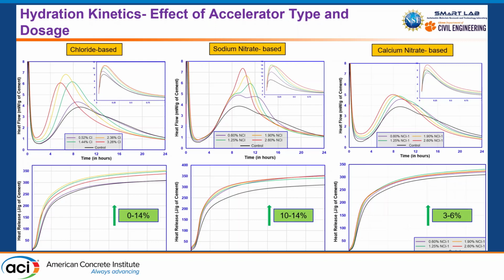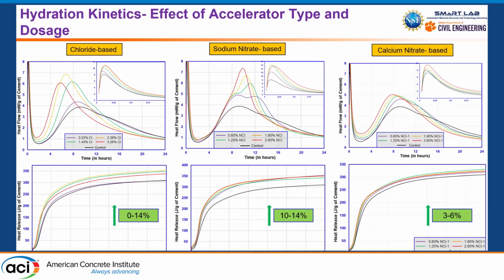Then with sodium nitrate-based admixtures, we saw that there's no effect on the setting time or the onset of your silicate reaction, but the height of the silicate peak and, after a certain dosage, the height of your aluminate peak is significantly increasing. That means it's messing up with the sulfate content in the system. With calcium nitrate-based admixtures, they behave as we have known them to behave. They accelerate the reaction of silicates and then also increase the height of the silicate peaks, which translates into earlier